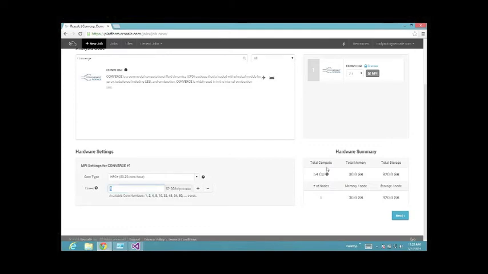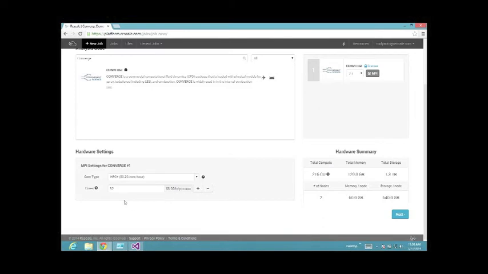To show you real quick how the hardware summary works on the right here. So if I specify, for example, 32 to run on 32 cores, you can see on the right-hand side that we're actually running on 2 nodes, and that each node has 60 gigabytes of RAM memory, as well as 640 gigabytes of SSD storage. So that comes up to a total of 120 gigabytes of RAM memory and 1.3 terabytes of storage for the entire cluster. Since the SI8 model only has about